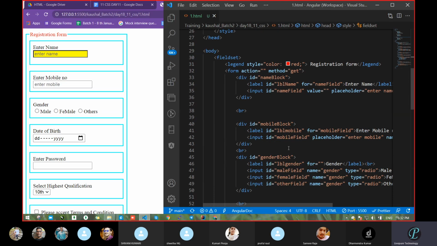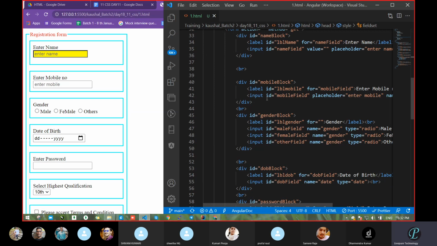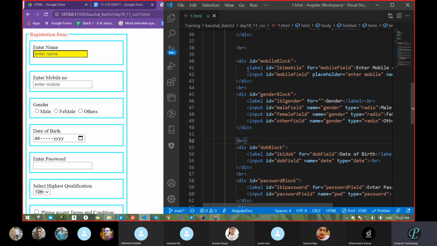You are telling me that for the mobile field this ID should be the same everywhere, correct? Yes. And for another field, I have to change this ID and this for also, correct? Yes, sir.